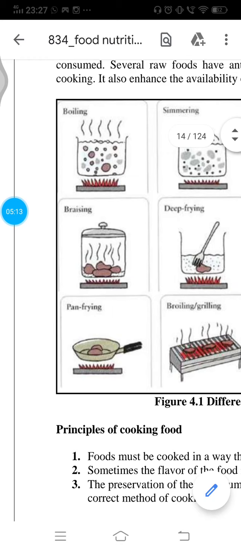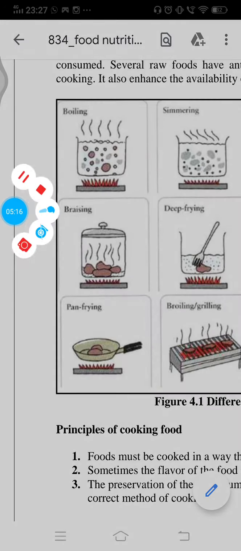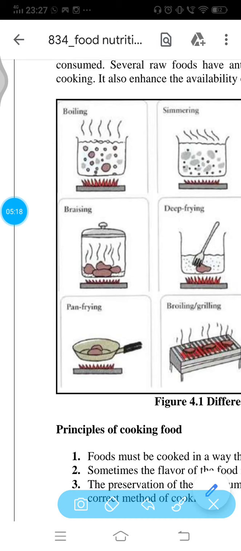The next one here is pan frying. Again, I'm telling you, for learning food nutrition you need not do anything special. You only have to go to your kitchen and see your mother taking the pan, and what we fry in the pan. Like when an egg is fried over the pan, that is the pan frying method. When you cook an egg to make an omelette, that is a kind of pan frying. You take bread and keep it over the pan to get roasted. That is also pan frying. You put a little oil in the pan, put the bread in, and then you are cooking it. That is also a kind of pan frying.